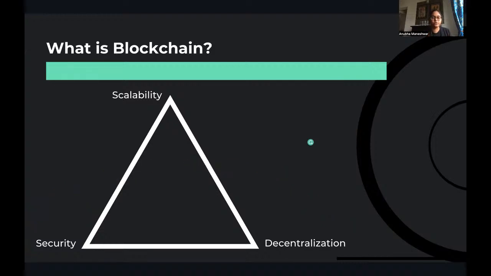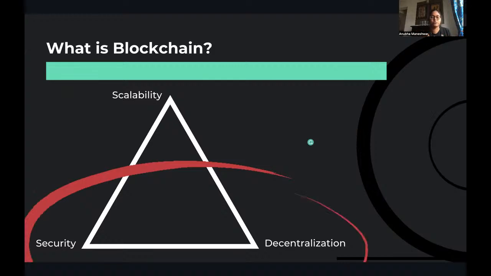So I won't go into the detail, but I want to highlight a major problem that all of the blockchains have, which was proposed by Vitalik a few years back, which says that at one point there cannot be all three features together in a blockchain. That is scalability, security, and decentralization. So either your blockchain will be secure or scalable, or it will be secure or decentralized, or it will be decentralized and scalable. So at one point, you can only have two qualities. You cannot have all the three.